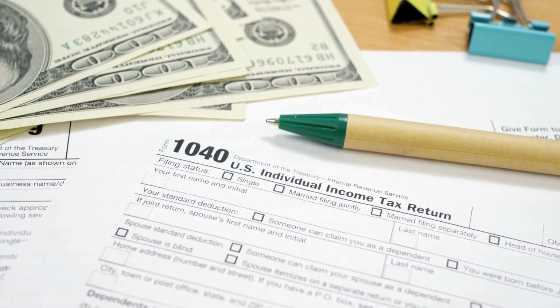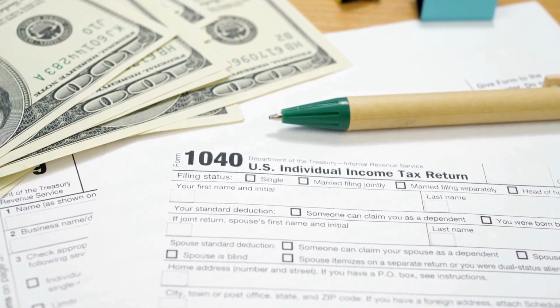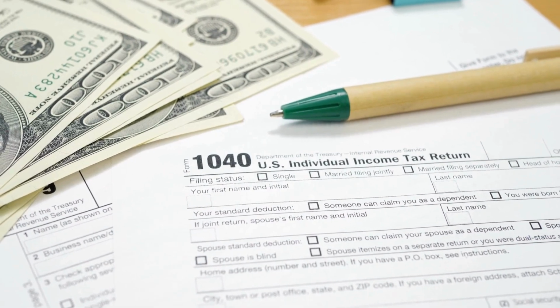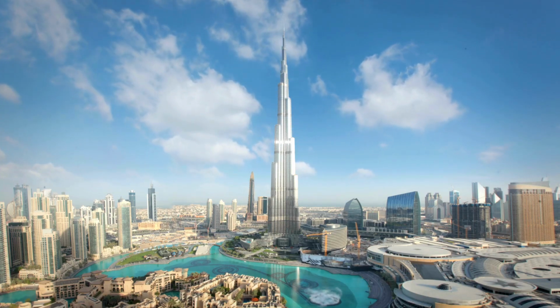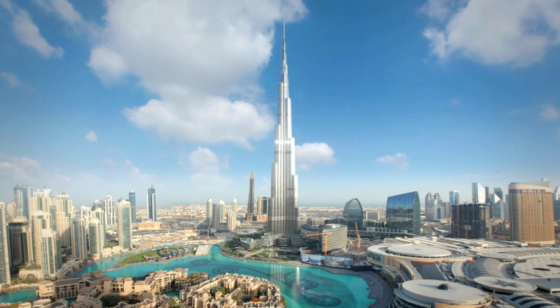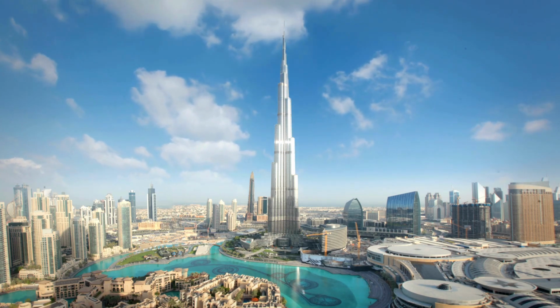So there we have it, guys. Unfortunately, you can't have your cake and eat it in this situation. If you set up a company in Dubai, you pretty much have to be Dubai personally tax resident as well in order to ensure that the corporate residency of that company is out here in Dubai where there's no tax. That said, if you do want to be tax efficient and really build your wealth, definitely food for thought